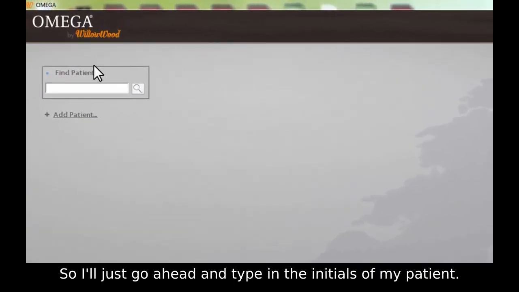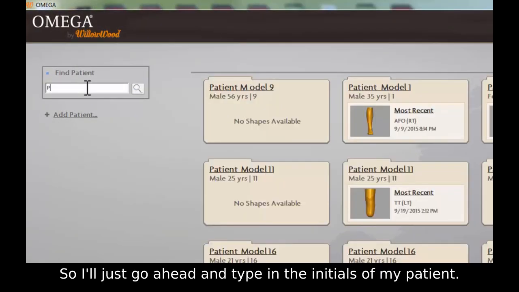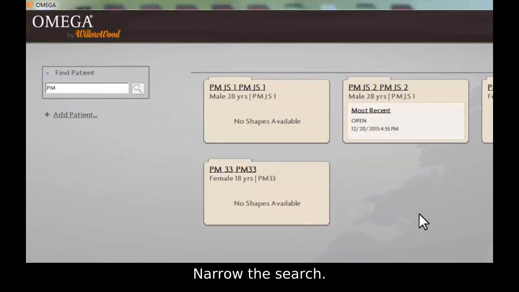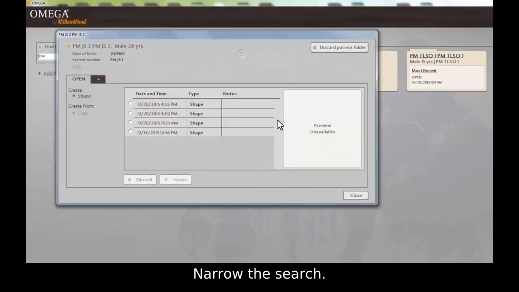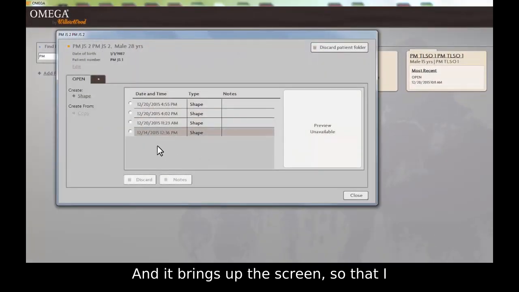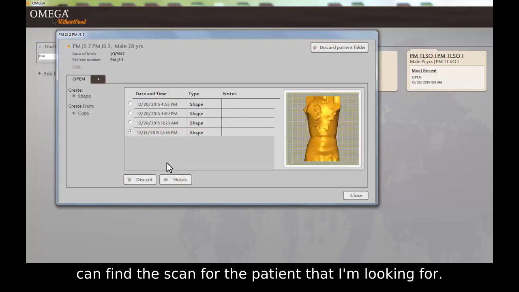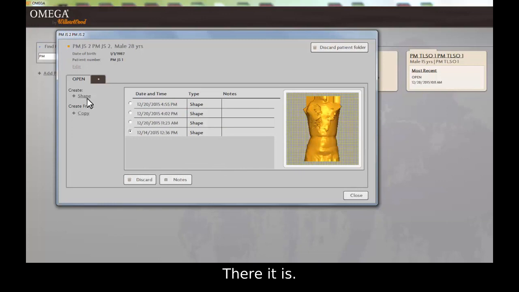So I'll just go ahead and type in the initials of my patient, narrow the search, and it brings up a screen so that I can find the scan for the patient that I'm looking for. There it is. Click on a left click shape,